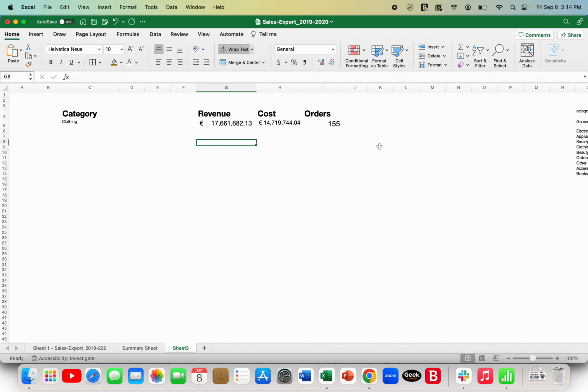So as you can see, this is a small summary. Now for my management, what they just need to do is select category, and there you go. For outdoors, it gives the revenue. Similarly for smartphones, this one was for clothing. For electronics,